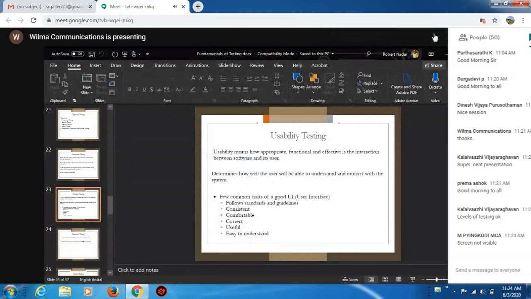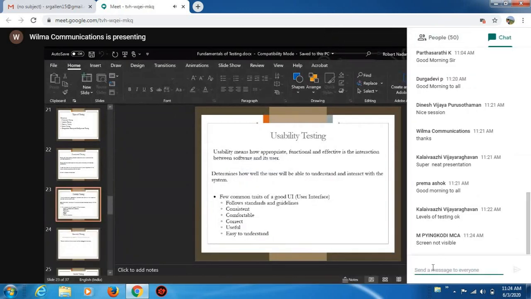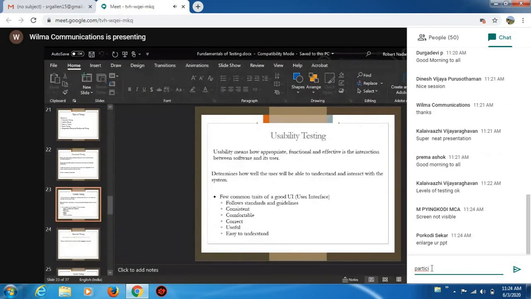So whenever we are developing any product, it is also important to notice the usability concept. Usability testing is one of the tests that comes under non-functional testing. Here we can see a few common traits of good user interfaces: follow the standards and guidelines, consistent, comfortable, correct, useful, easy to understand.